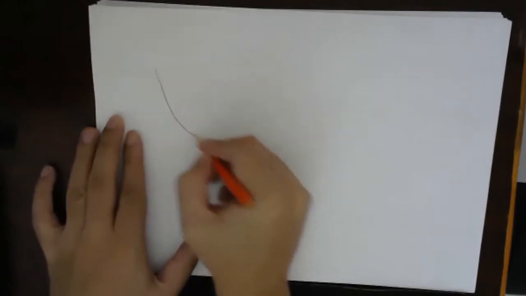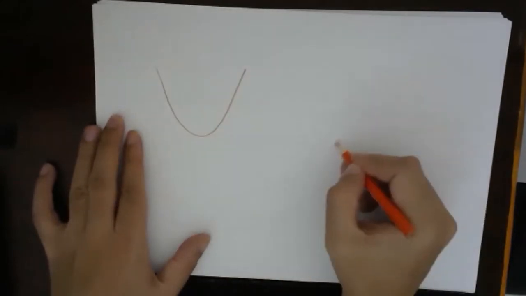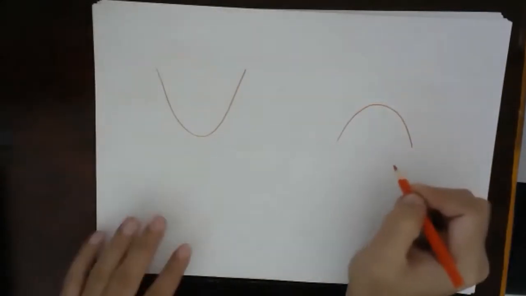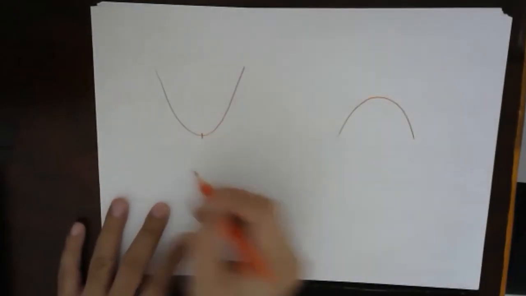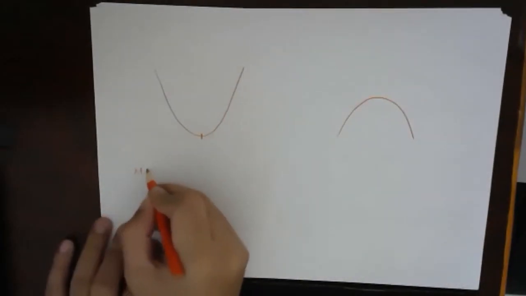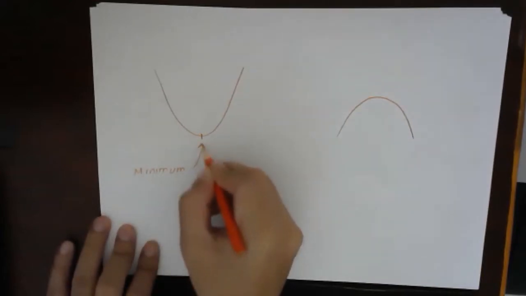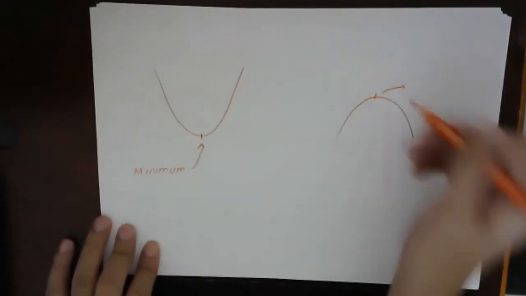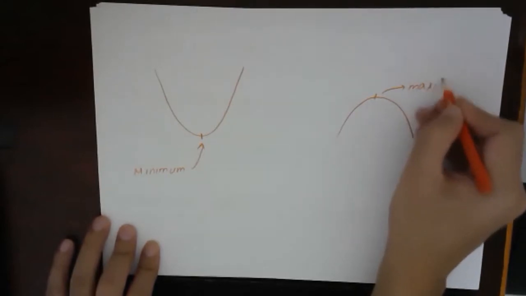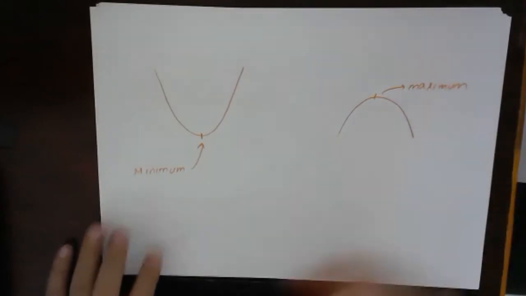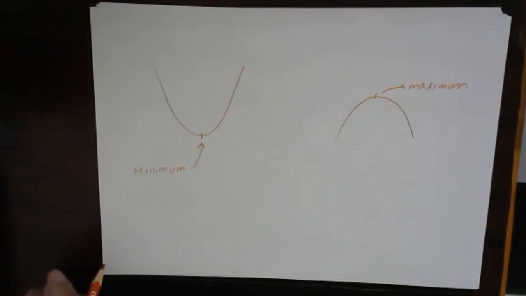So now basically we have seen that the curve is either upward facing or downward facing, right? And we have seen that this is the point of minimum, and this is the point of maximum. This is the maximum point. And when we were deriving the actual shape, when we were looking at the